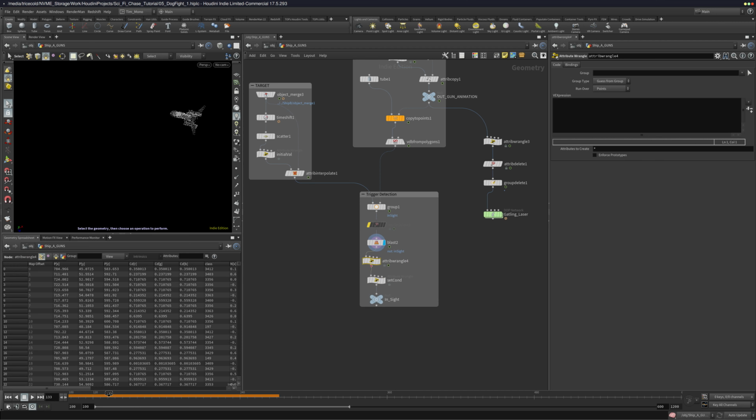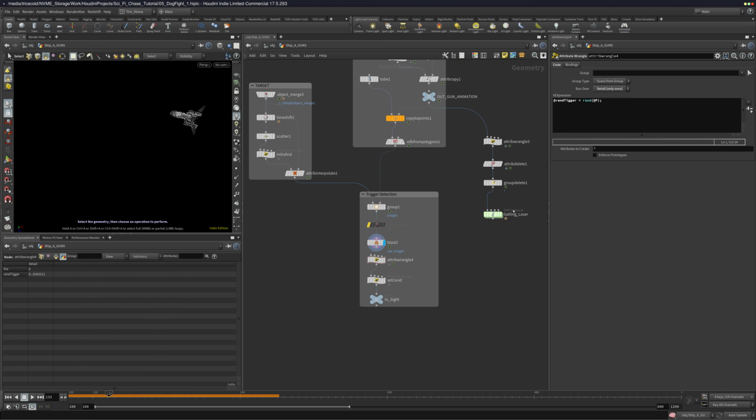So maybe let's create a random value based on position at P, called rand. Trigger equals rand at P. So every frame, this is going to generate a random value, which we can create. Yeah, so we don't need another angle. Let's delete that. Let's go to set condition, and then let's create this guy here, which we don't need to